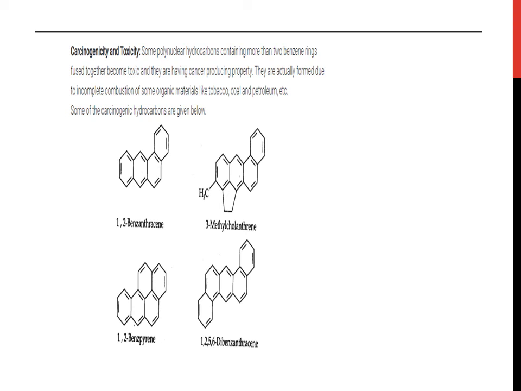Carcinogenicity and toxicity. Some polynuclear hydrocarbons containing more than 2 benzene rings fused together become toxic and have cancer-producing properties. They are actually formed due to incomplete combustion of organic materials like tobacco, coal and petroleum, etc. Some of the carcinogenic hydrocarbons are 1,2-benzanthracene, 3-methylcholanthrene, 1,2-benzpyrene,